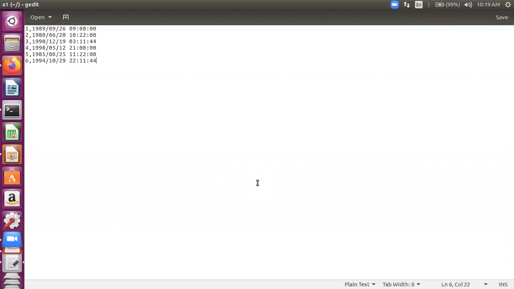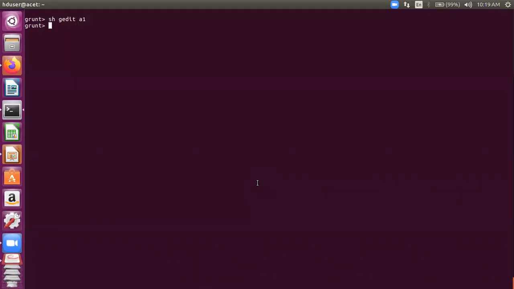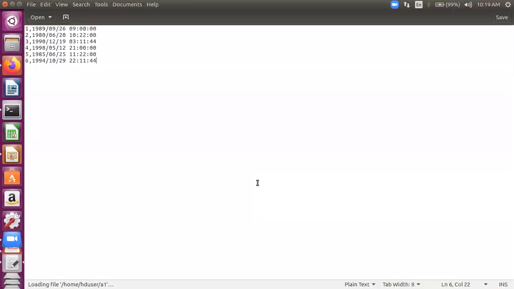Okay, so let's work with this function. We have this file A1. We'll be focusing on this A1 file for some of our date functions. Let's save this file and load it in a relation. I'm loading it in relation Z. I'm going to work with date time functions. For this, I've taken a sample data set in the file A1 that I just displayed. Let me display it again for you. In this, I've just taken two fields separated by commas. One is a serial number, and the second one is a date time field. The format is there, you can see.